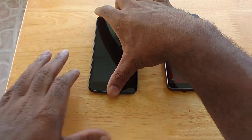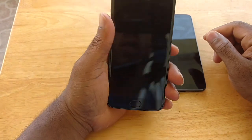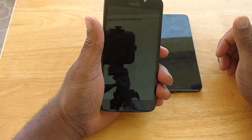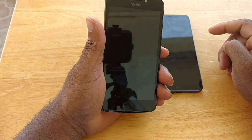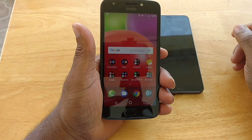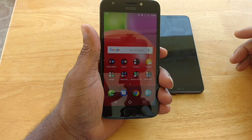Now, jumping over to the Moto E4 here. Let me turn that display off. This device right here, the Moto E4, has a 5-inch IPS LCD display, a 720p display, and again, using this guy outdoors on day-to-day usage has been a joy as well, and I feel like this 5-inch display